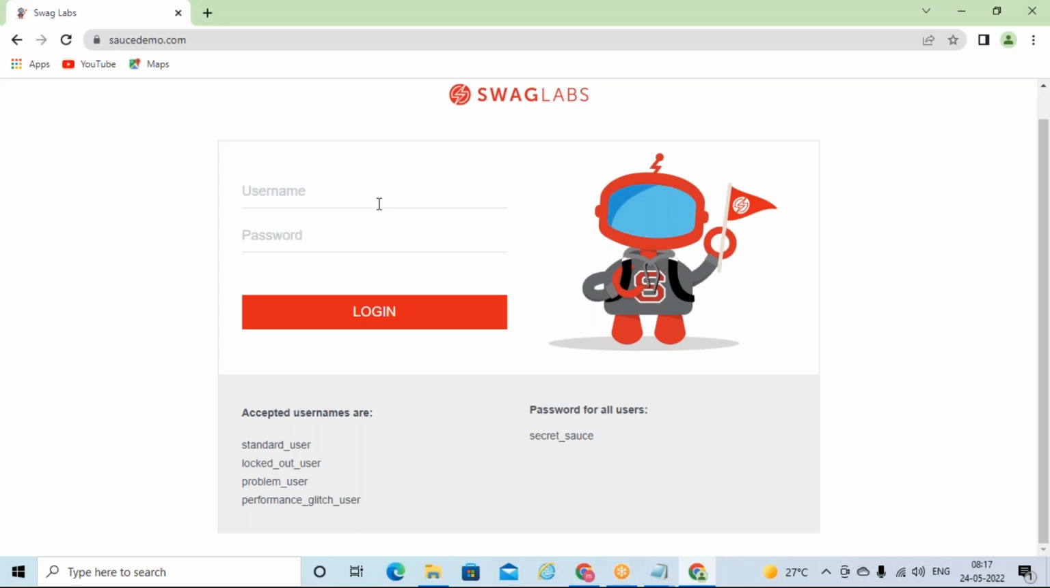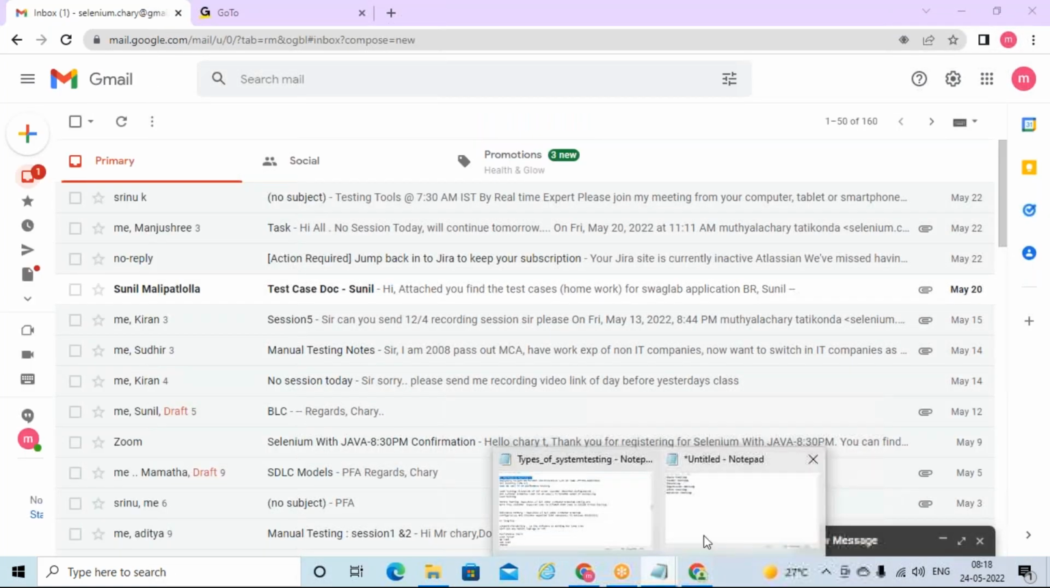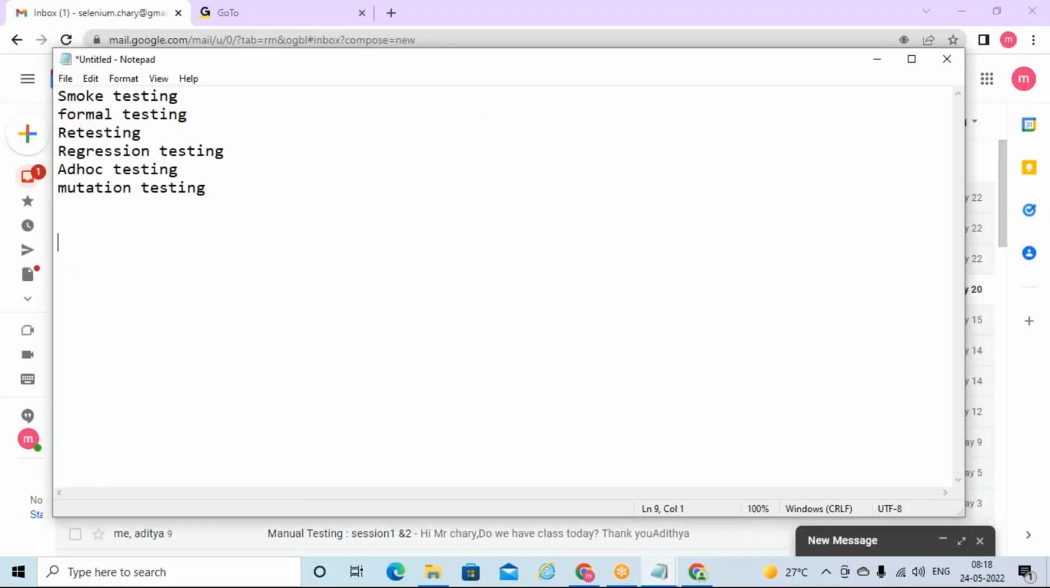I have to check that all the people can log in at a time. So this cannot happen manually. For performance testing, you have to take the help of some automation tool like LoadRunner, QA Load, WebLoad, like that. So what are the tools that we have for automation? Those are performance testing tools